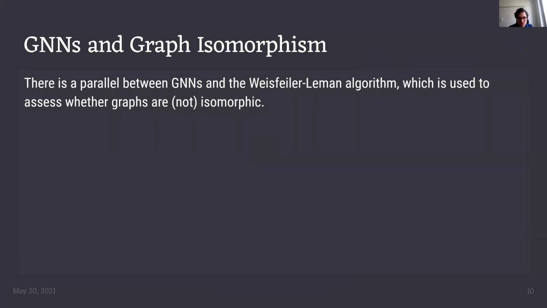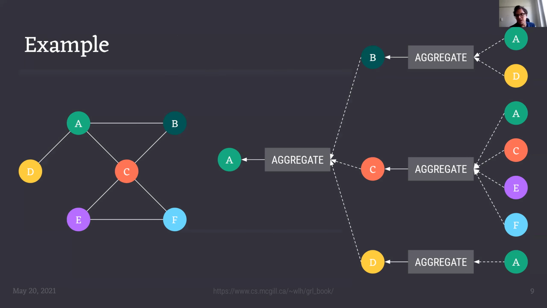Okay. Can I ask one question on this side? Yes, of course. Yeah, so this aggregation that happens, is it like, at one time step, all of this information gets aggregated from each of the neighboring nodes, or is it, for example, in the first time step, let's say B, C, and D get the aggregated information from the first layer, and then in the second time step, A gets the aggregated information from B, C, and D, and so